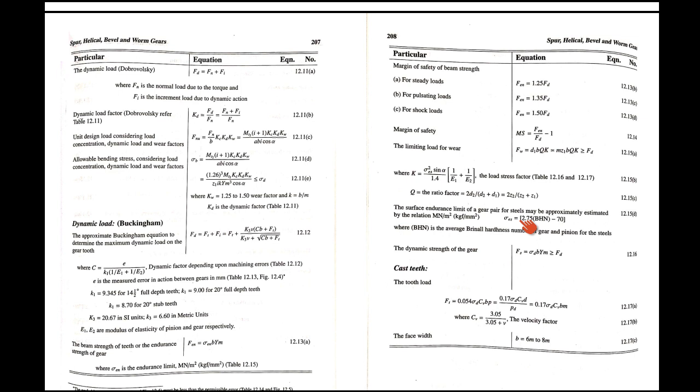If the hardness value is given in the question, you use that value in the table, and after getting the value of K, when you find the value of Fw, if you find that Fw is lesser than Fd, then you equate Fw with Fd, keep K as unknown, find the new value of K, go to the table and suggest the new hardness for the gear. This is how you have to complete the design.